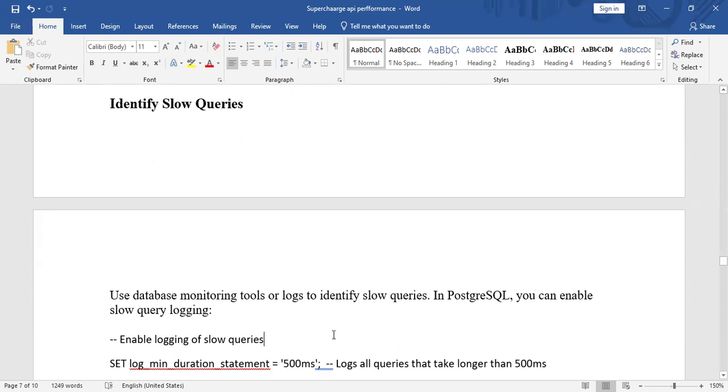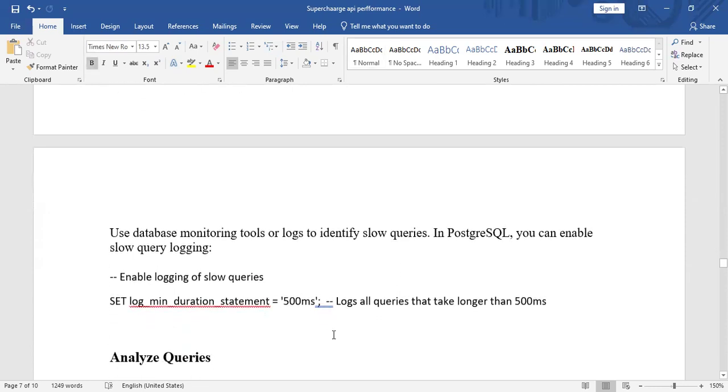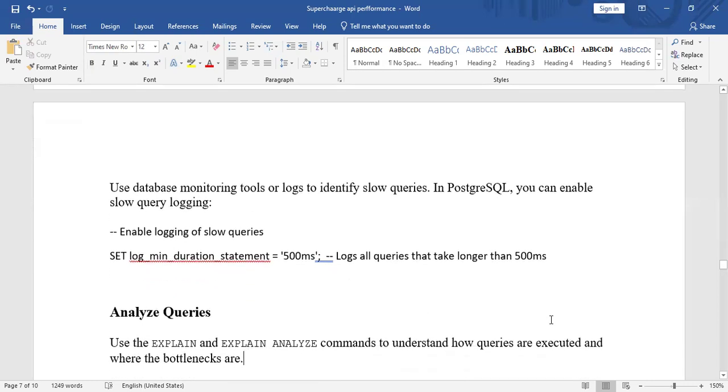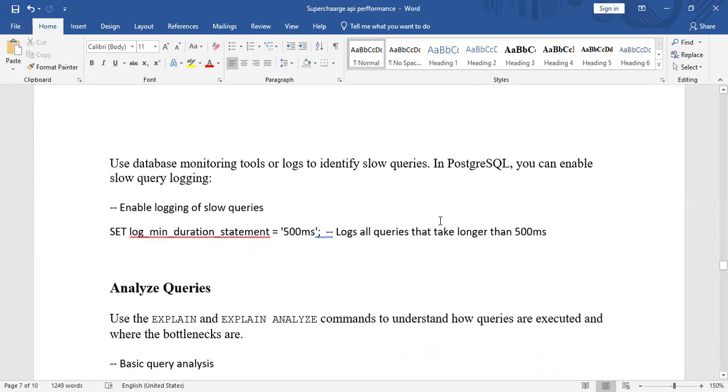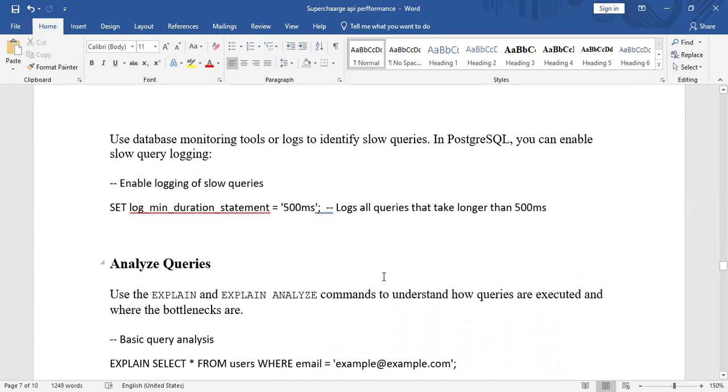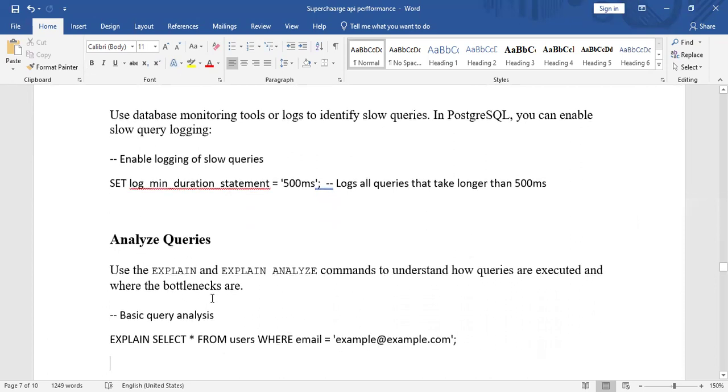Like here, we can use logging in Postgres. Set log_min_duration_statement to 500 ms, which logs all queries that take longer than 500 ms. So we can log our queries, which will give us a log for these longer queries. Next, analyze queries: use the EXPLAIN and EXPLAIN ANALYZE commands to understand how queries are executed and where the bottlenecks